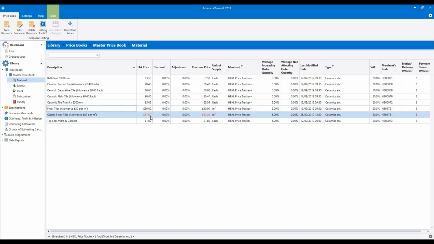The reason we don't want you to add in products which are already there is that if you have duplicate products, you will then have to manually update their prices, as I've just explained. And it's also harder to pick your own products when you come to do the estimating. So only add in a new resource if it's something which doesn't already exist in the price book.